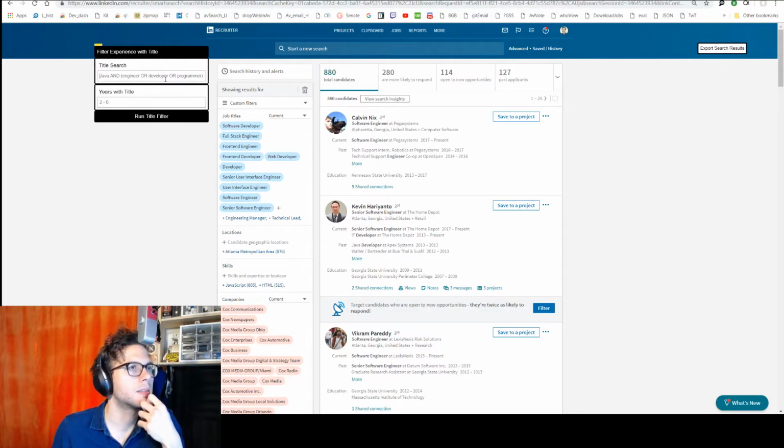It takes basic Boolean operators, so and or statements. Or statements do need to be put in parentheses, even if it's just a couple items, like engineer or developer. You do need to capitalize OR, I believe, as well.